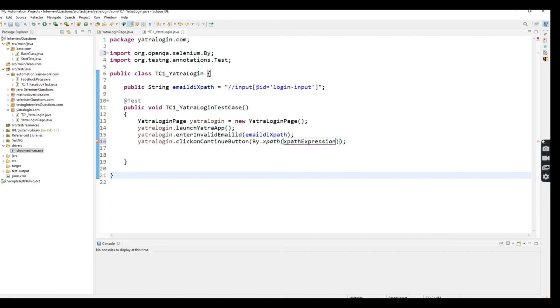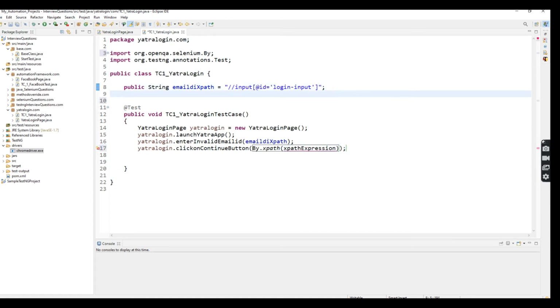Now I'm going to store the XPath value inside one string, right? I'm going to create one string, continue button XPath.